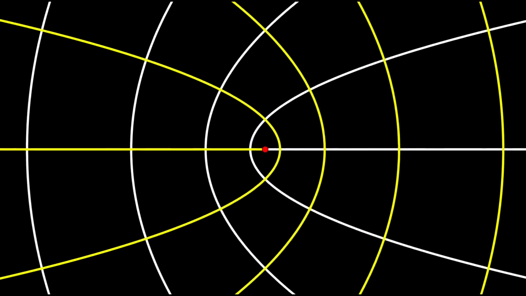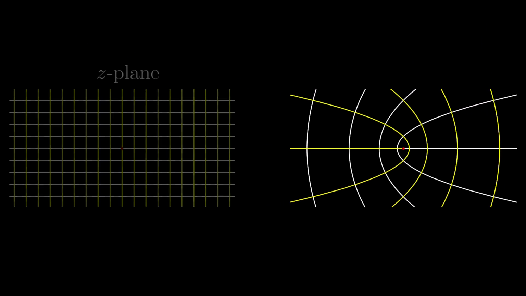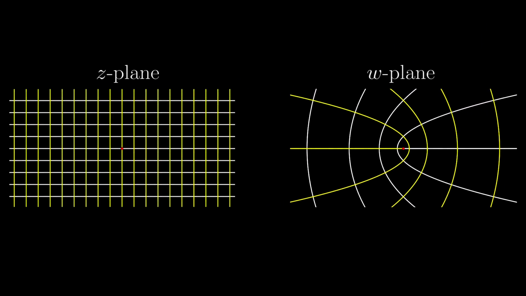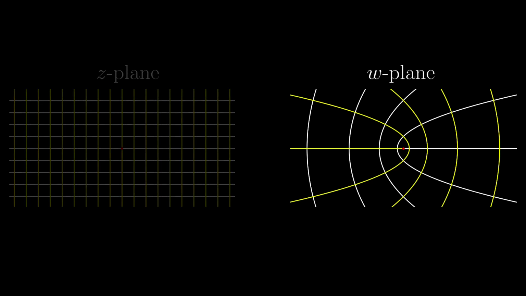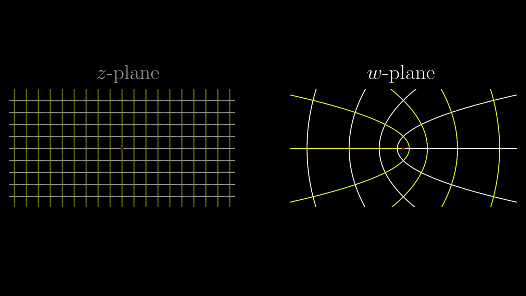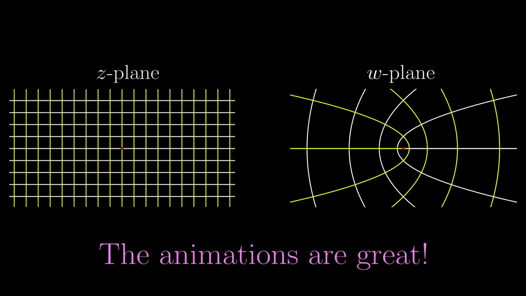However, you might have a question. The z-plane is always going to be the grids, so why bother? We can simply draw the w-plane. You might expect my response to be that the transformation animation was great, which it is, but that's not it.